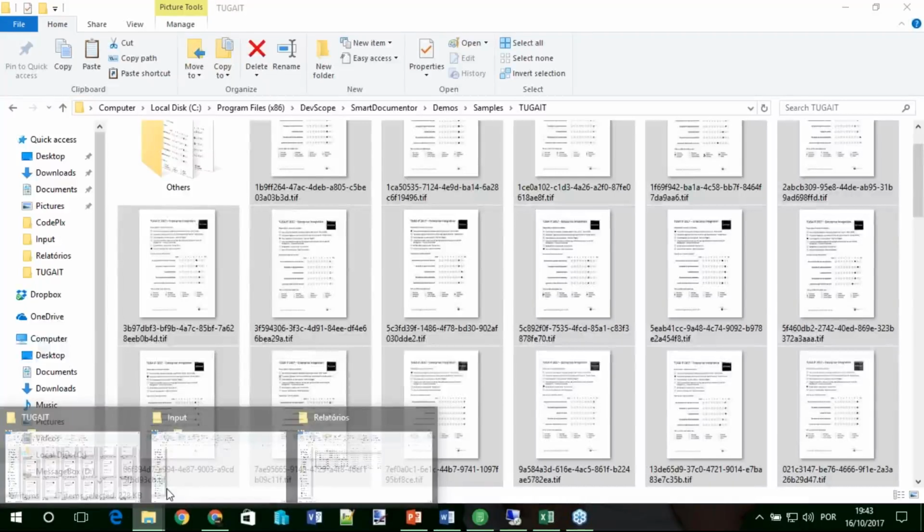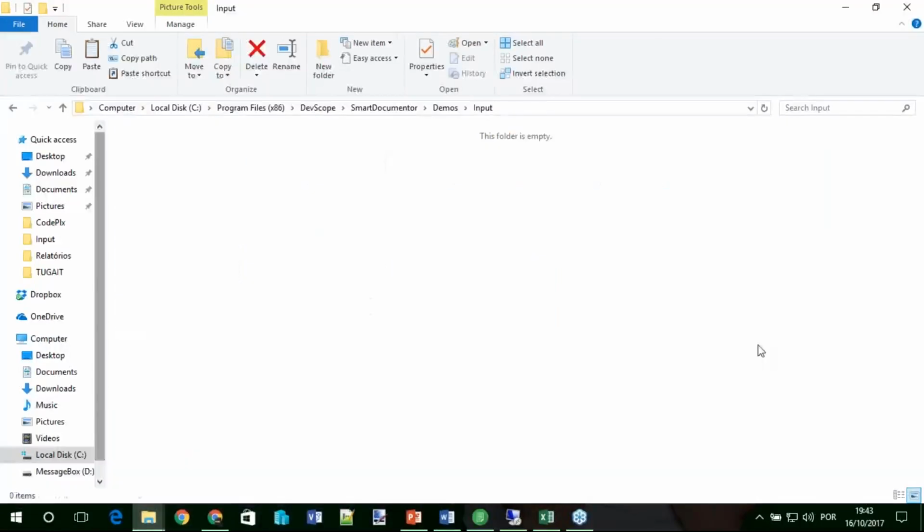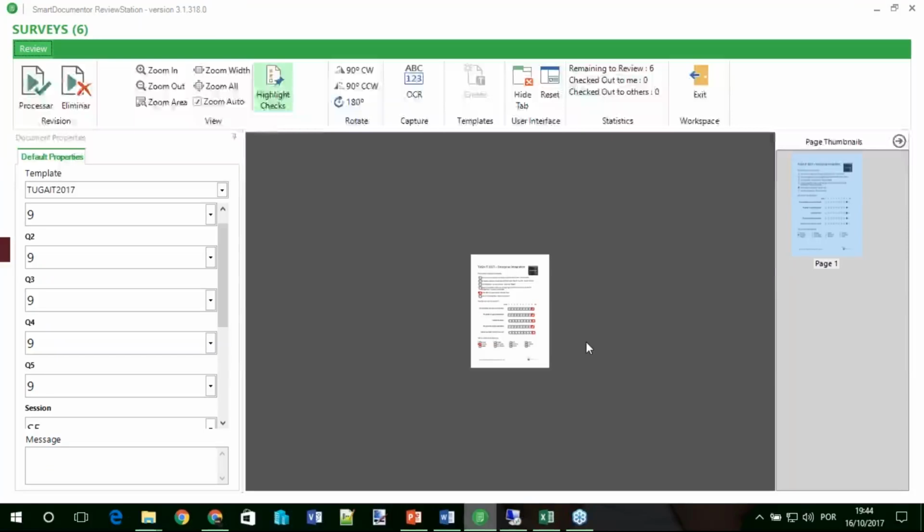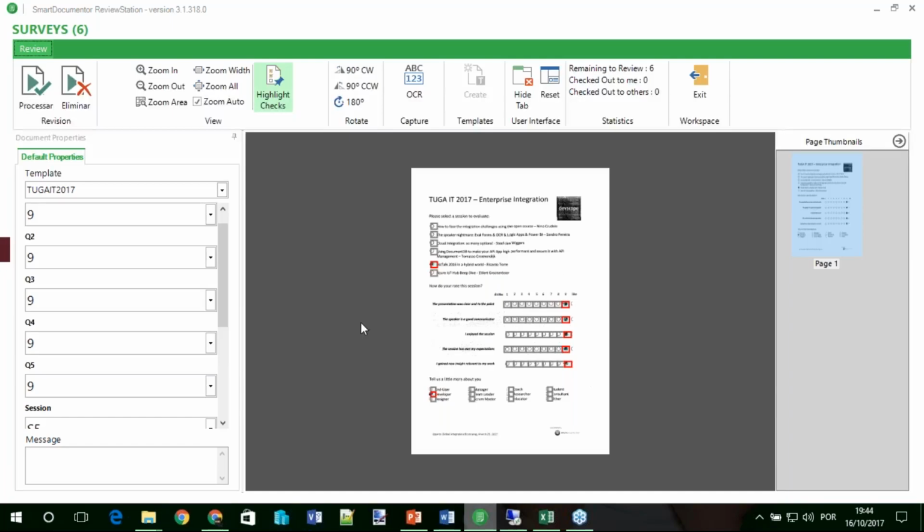I could automatically integrate this folder directly to Logic App, but I have an intermediate step, okay? Because some of the attendees may create noise in the forms. It's good for you to have an option to review your digitalizations.